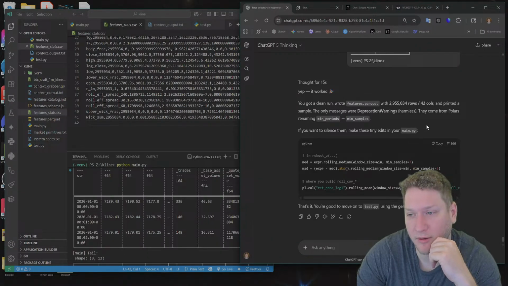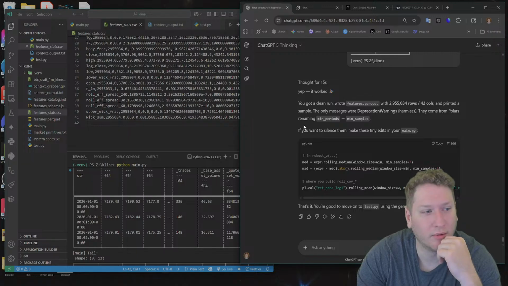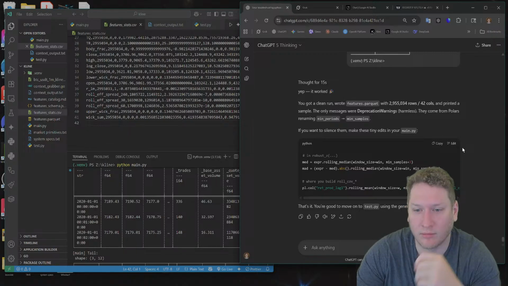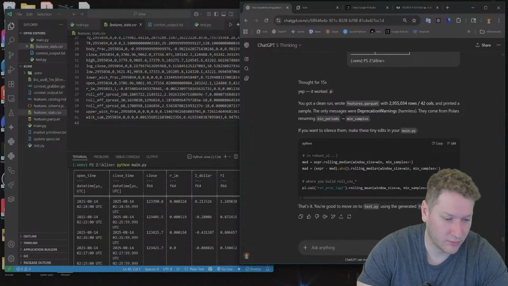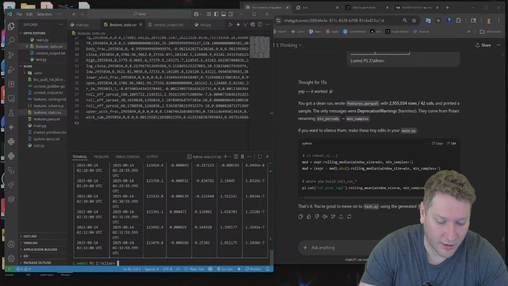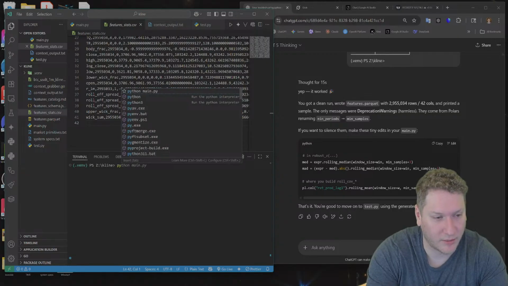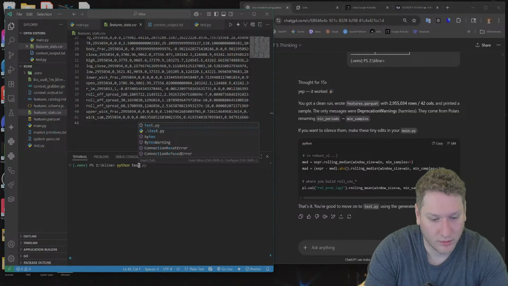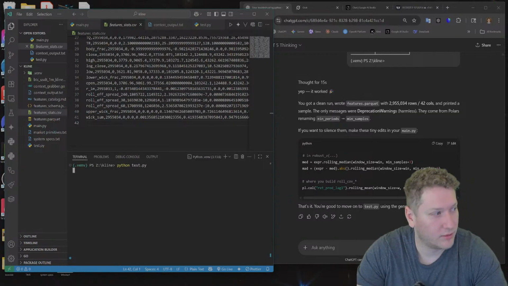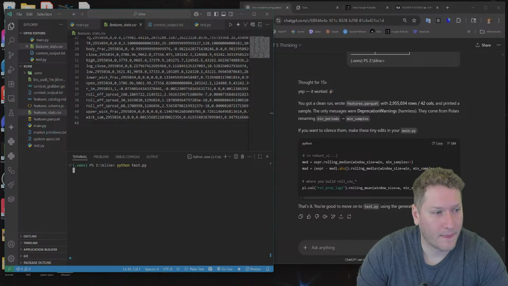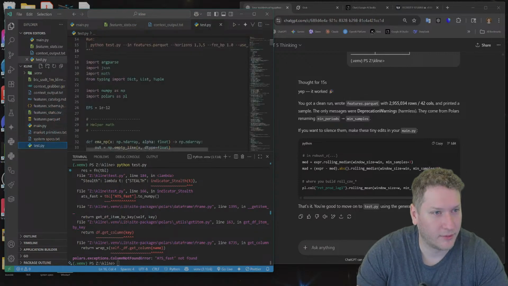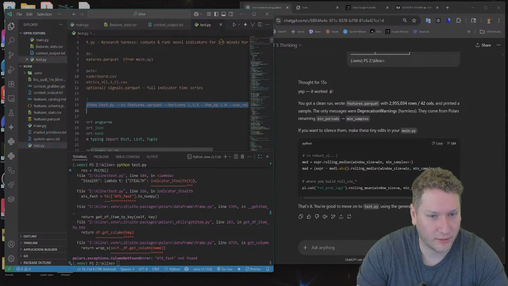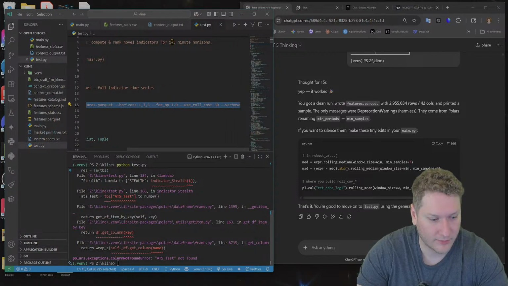Yeah, 2.9 million rows, 42 columns, and printed a sample. All right. Honestly, I thought it would take so much more time, but oh, you know what? I didn't run it properly. We will run it like this, the way it wants me to.